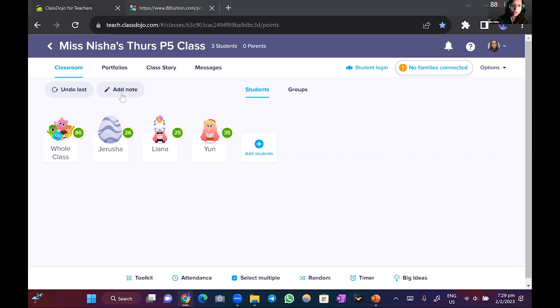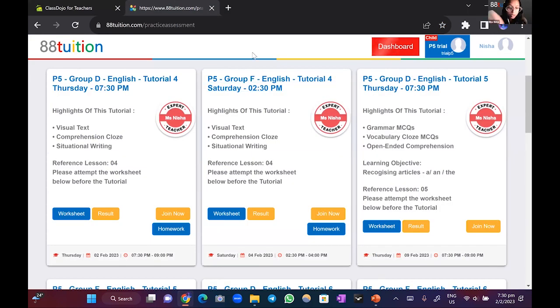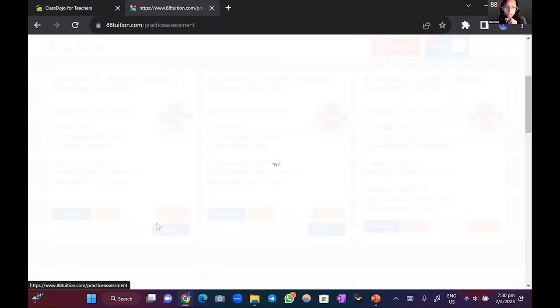If you go to this page, your students page, you will see something called homework. Can you see this? Can you all try? Go to your portal. You will see a homework button. Of course, not for someone whose English is on trial. I can see, but it also disappears unless you join the class. So she's on trial, but for everybody else, you will see a homework button. If you click on homework, you will see,